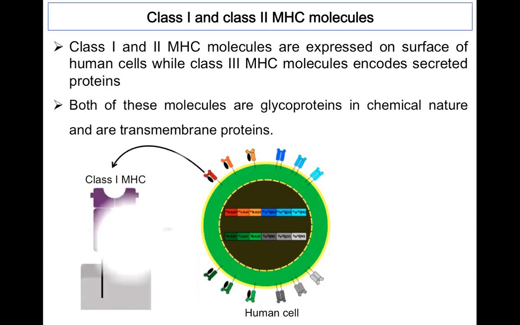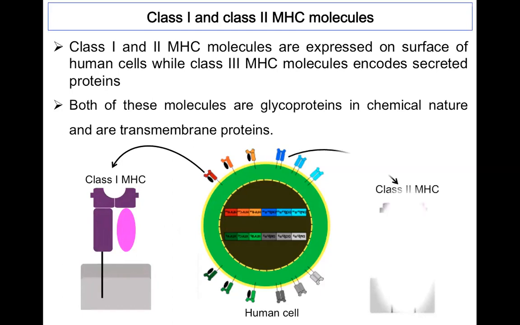If we look at the structure here, you can see class 1 MHC molecules, and on the upside there are three molecules, and similarly three molecules are located on the downside. So in these structures we have shown the 6 molecules of class 1, and similarly you can also see the molecules of class 2 MHC, a similar case with 3 on the above side and 3 on the below side.